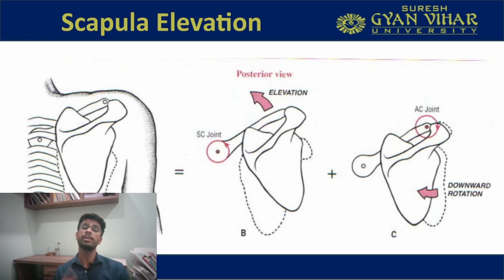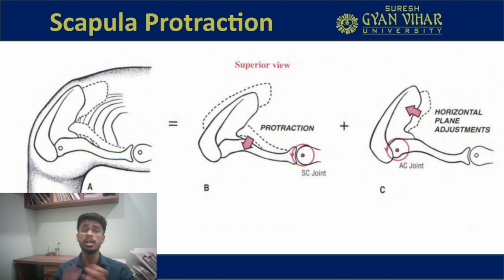So for example, when we are talking about the scapulothoracic or the scapular elevation, then it occurs as a result of the sternoclavicular elevation. As you can see, in the scapular elevation your clavicle bone actually elevates. So this is happening because at the sternoclavicular joint there is elevation, and there is also downward rotation at the acromioclavicular joint. These two motions result in the scapular elevation. So this was the first example of how the scapular motion is decided by the movements at the sternoclavicular and